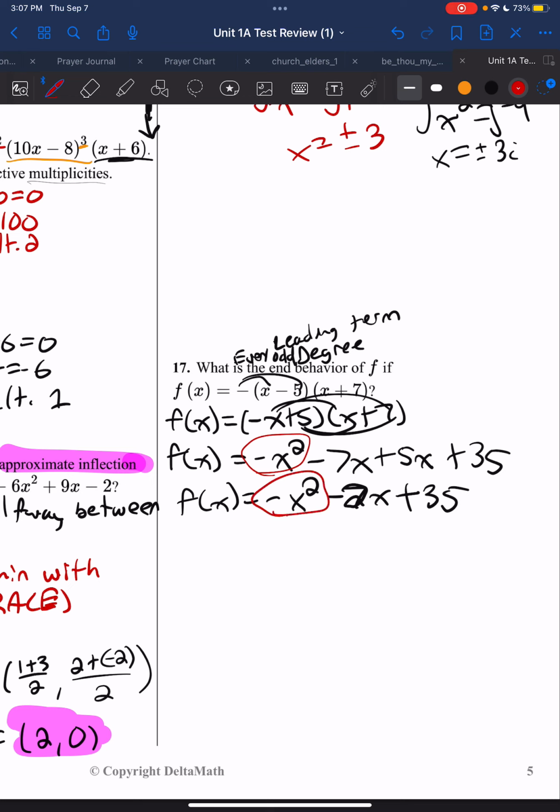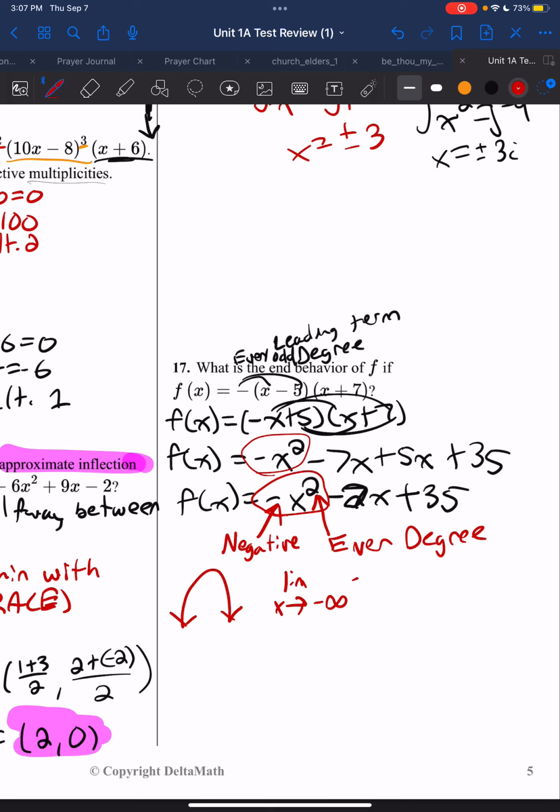And I know, since I have a negative, I know that my leading term is negative. And here, my highest exponent is 2, so it's even degree. And I know for negative and even degrees, it looks like this right here. Something like that right there, which the fancy way to write this out is so my limit as x approaches negative infinity of f of x